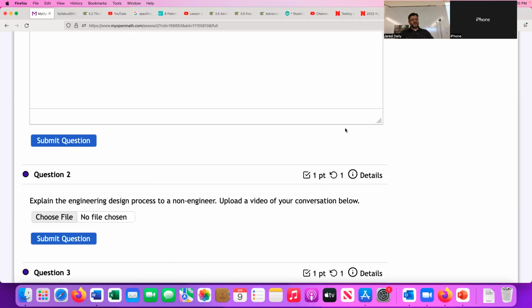We'll talk about these other two as well, but these are all things that are somewhat subjective. Even the engineering design process is somewhat subjective. There's no definitive way that engineering design is done, but that's the idea. The idea here is to start to flesh out your own thoughts and your own ideas and your own opinions about these things, because this will determine how you go forward in your engineering degree and